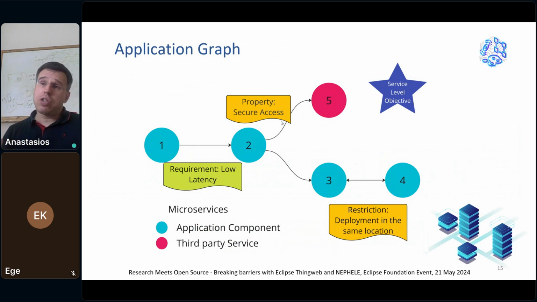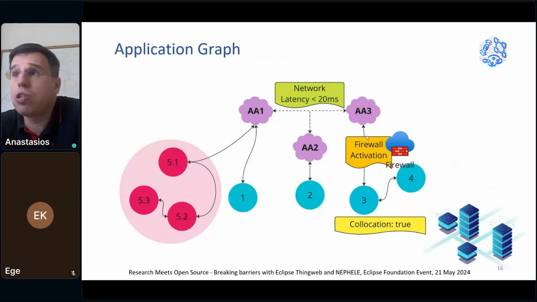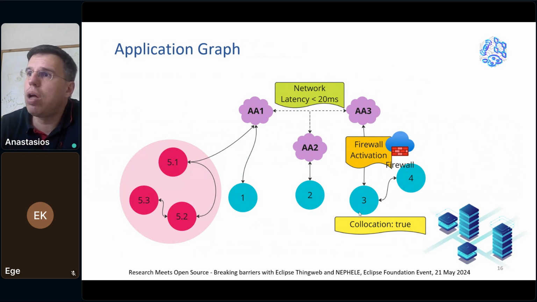And in these application graphs, we consider that we may have the need to manage graphs with specific types of requirements, properties, and constraints that have to be assured and respected during deployment and runtime. So we come up with the need to deploy such application graphs over multi-cluster infrastructure, taking into account the detailed requirements. And so we have specific deployment schemes that consider the defined requirements and the constraints, and they are translated